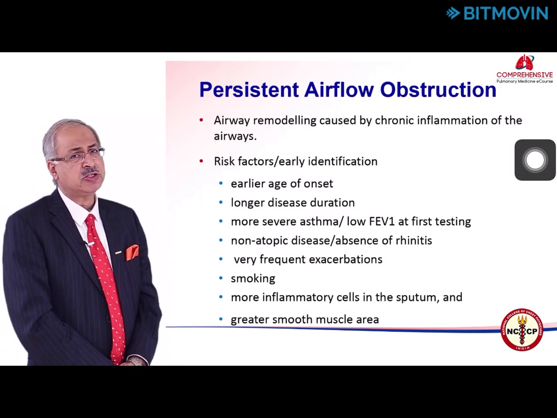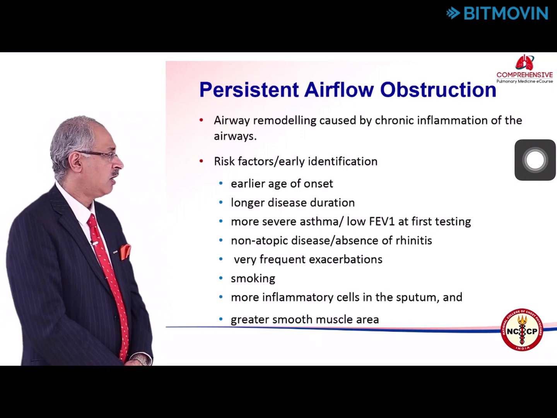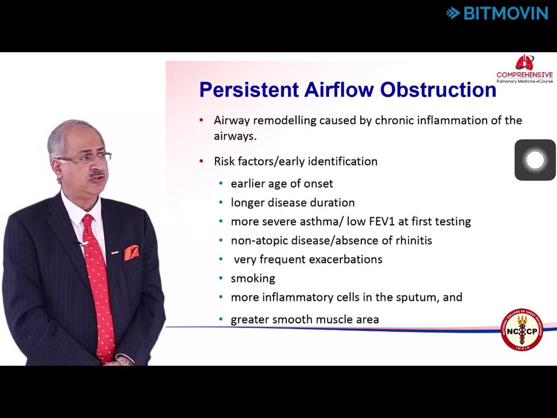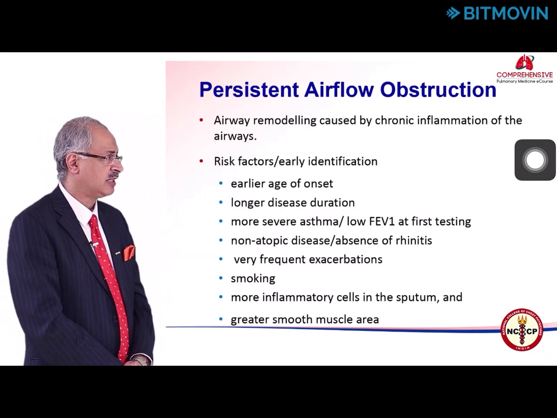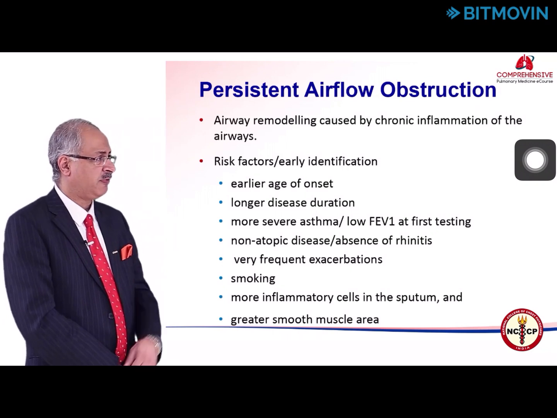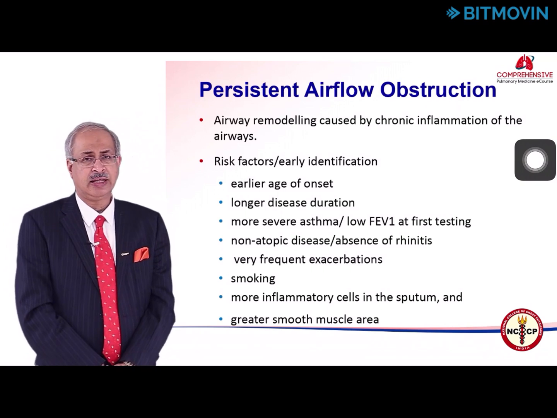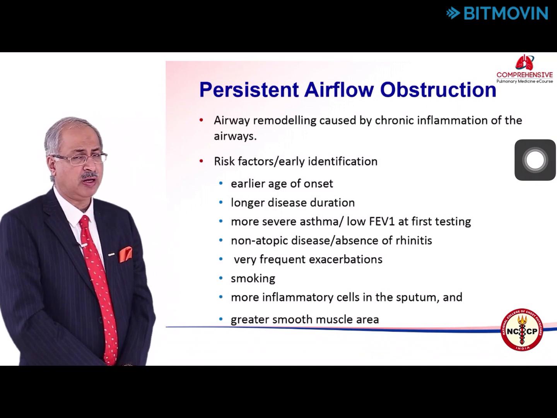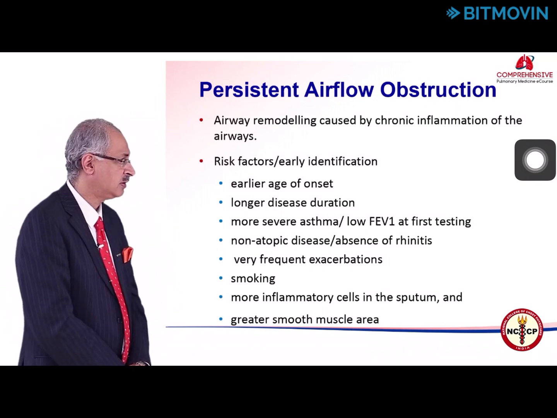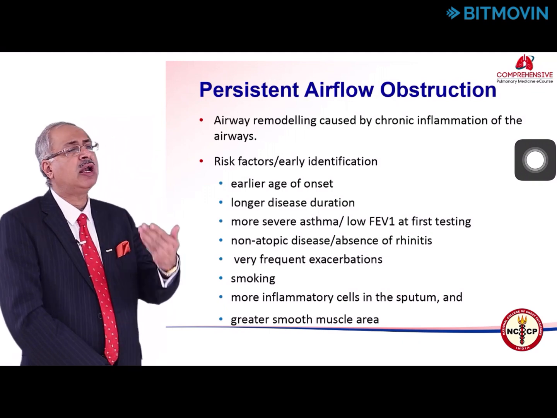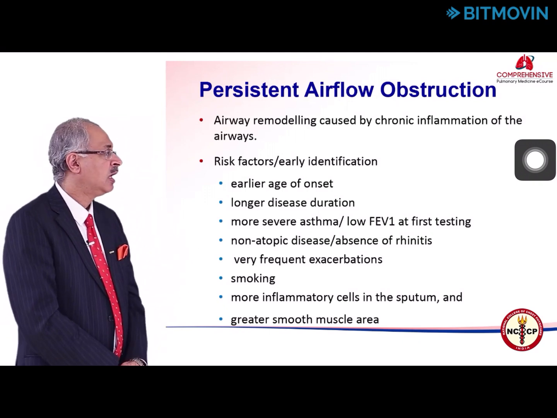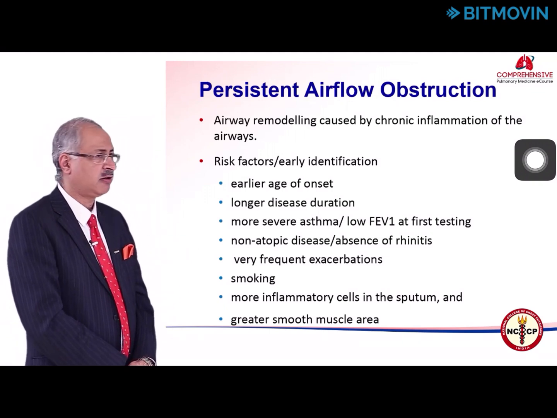Most of these patients have an early onset of asthma and a longer disease duration. They will have severe asthma, which you can see in terms of significantly low FEV1, non-atopic disease, and a significant absence of rhinitis. Similarly, in these patients we see more inflammatory cells in the sputum and greater smooth muscle areas